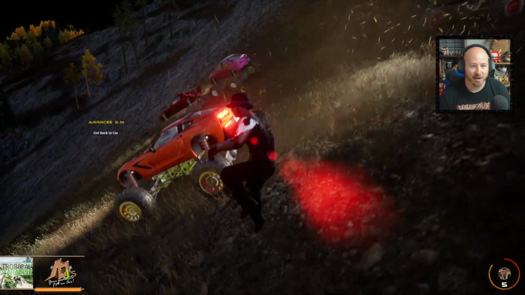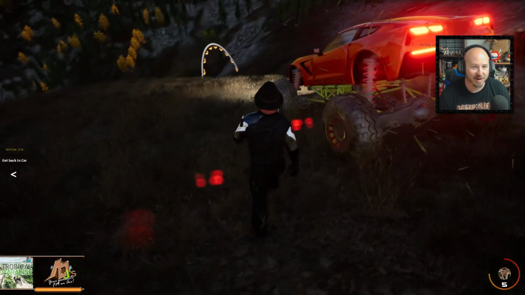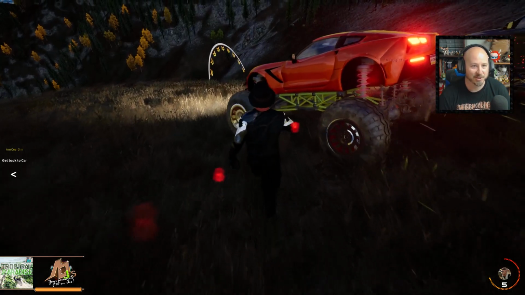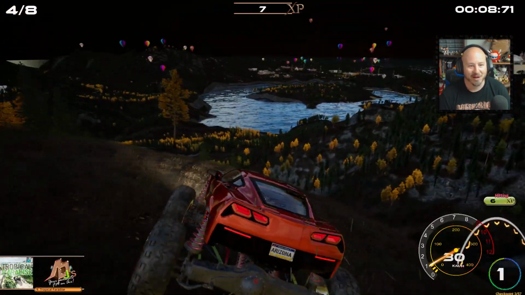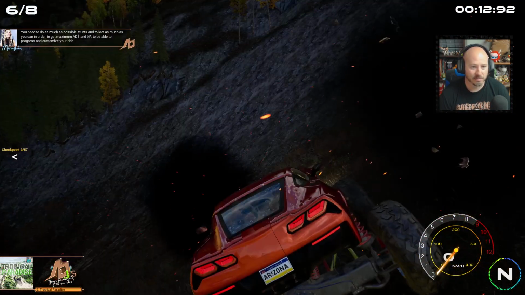Let's see if there's some crates. And you can jump. He says, let's see if we can see some crates, but I don't know what he means by let's find crates. Watch my rig. I think you can jump back in your car whenever you feel like it, which is kind of funny. Oh, we are...